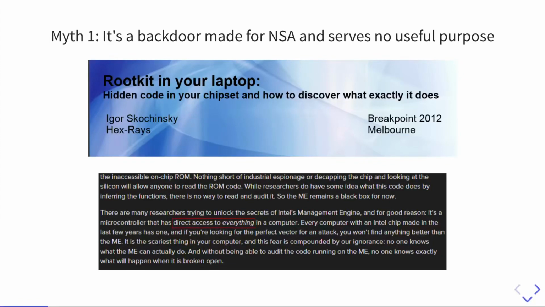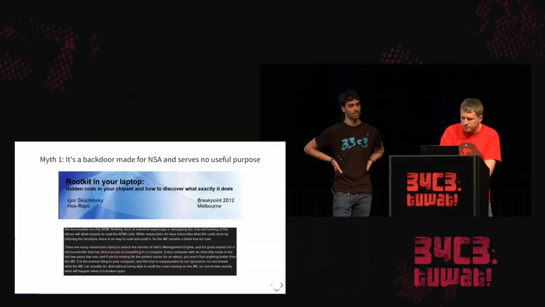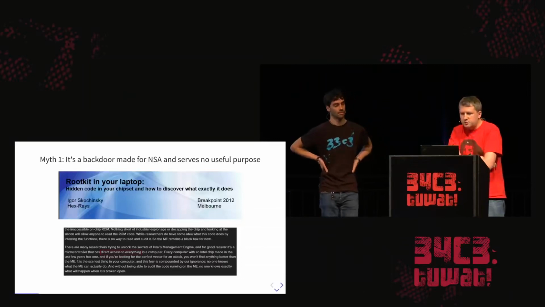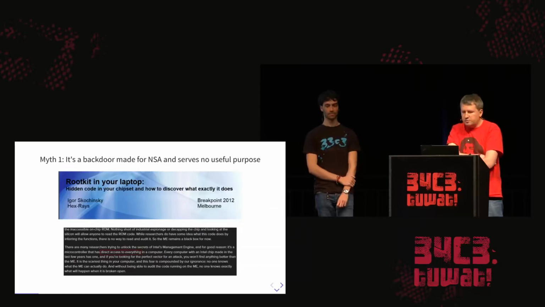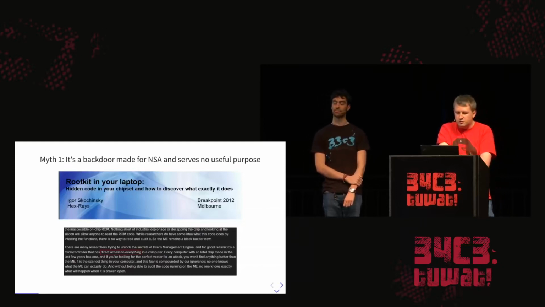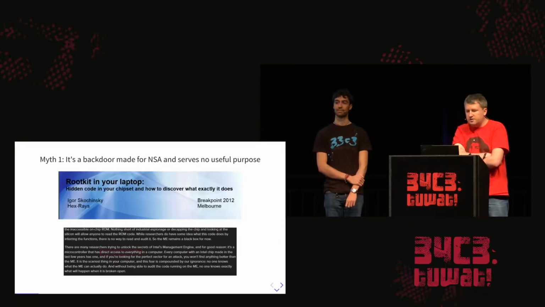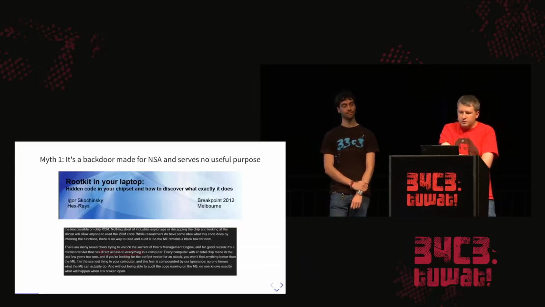So anyway, there is, for example, an article from Hackaday. It's a bit difficult to read, I guess, so I will read some of it. It says, among other things, it's a microcontroller which has direct access to everything in a computer. Every computer with an Intel chip made in the last few years has one, and if you are looking for a perfect vector for attack, you won't find anything better than the ME. It's the scariest thing in your computer, and this fear is compounded by our ignorance. No one knows what ME can actually do. And without being able to audit the code running on the ME, no one knows exactly what will happen when